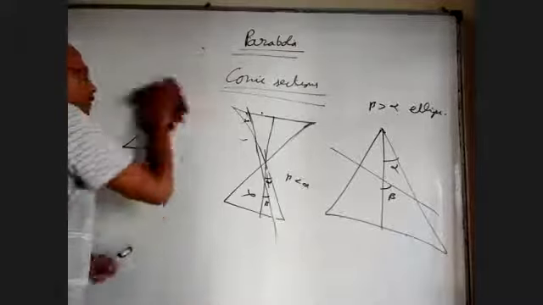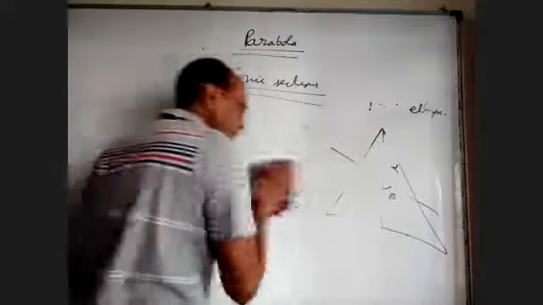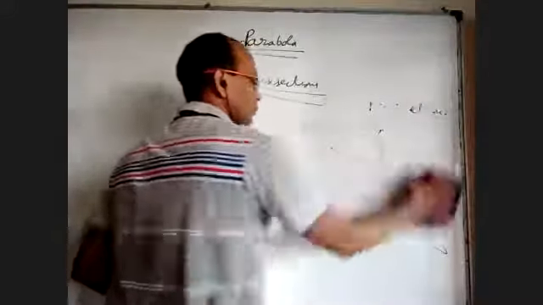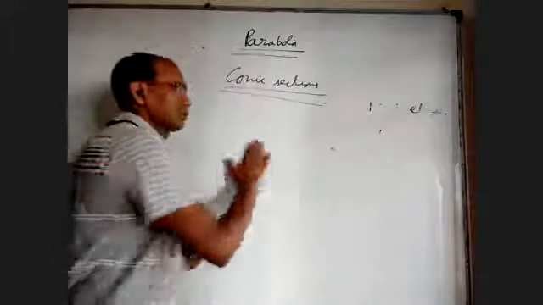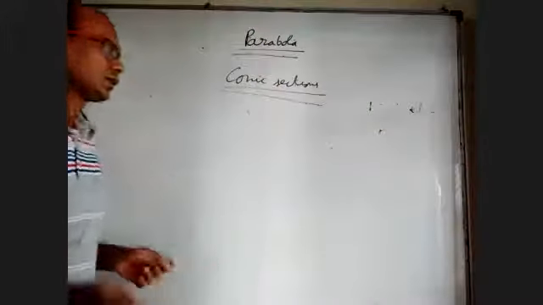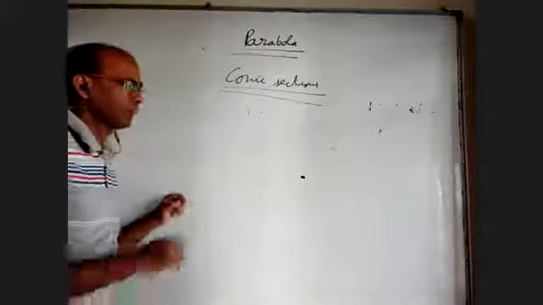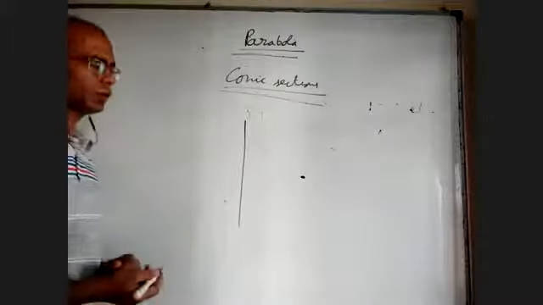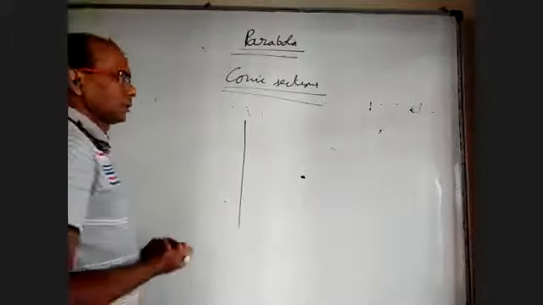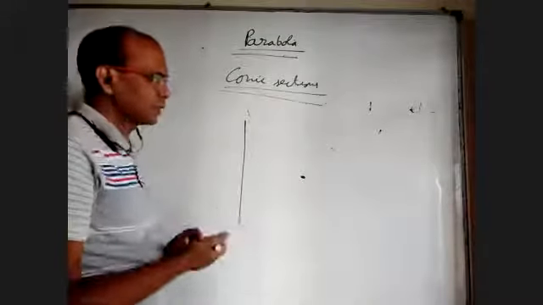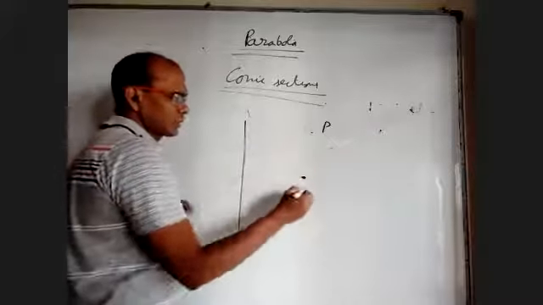There is another definition that plays a major role. I'm sure there is some pure geometrical explanation of how this definition came from the earlier one, but if you want to look at another definition straight away, take a fixed point and take a line which is not passing through that point. Now within this plane, where the line is there and that point is there, I'm talking about that plane. In that, there is a point P, and let's say this fixed point I'll call S.